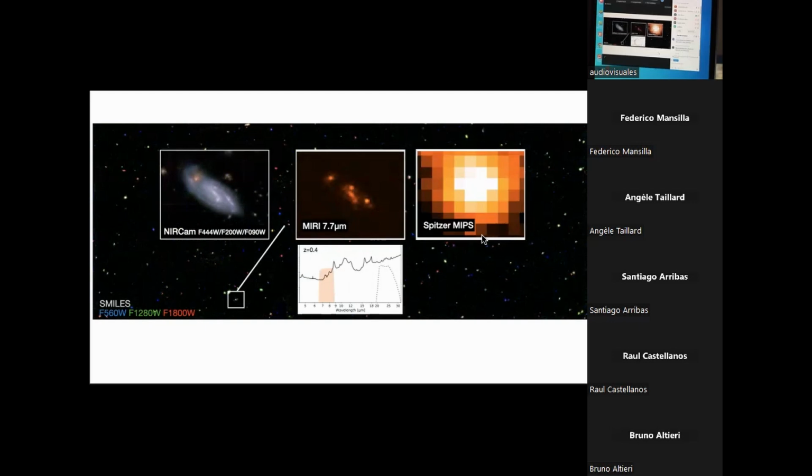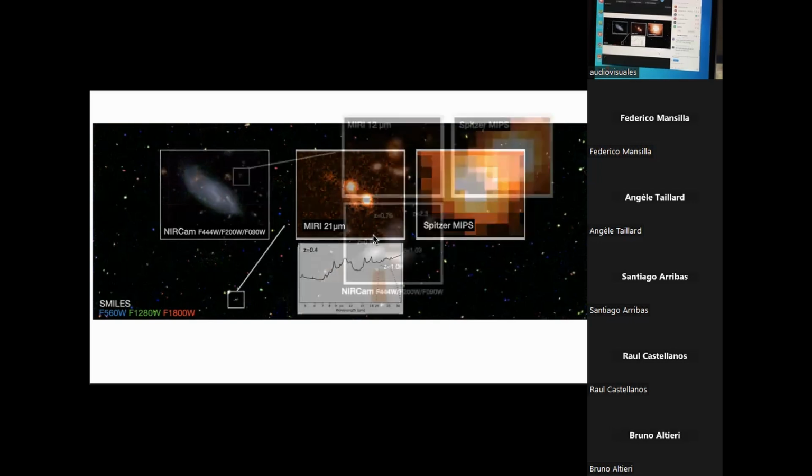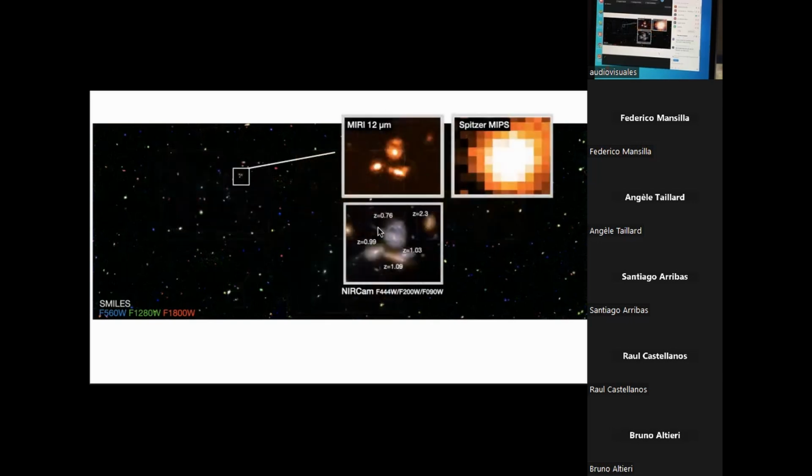In the next couple of images, I'm going to show you the MIRI image of this galaxy in a few different filters. You can see these different clumps of star formation coming in and out depending on where the filter is situated. And it's the first time that we can actually resolve star-forming clumps in these galaxies beyond the local universe.